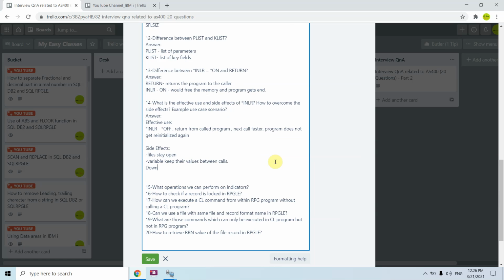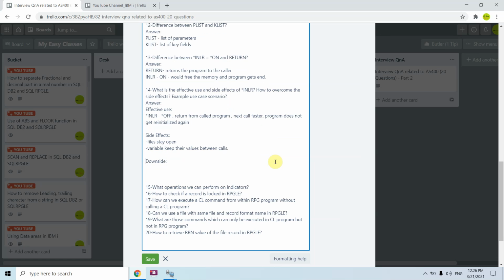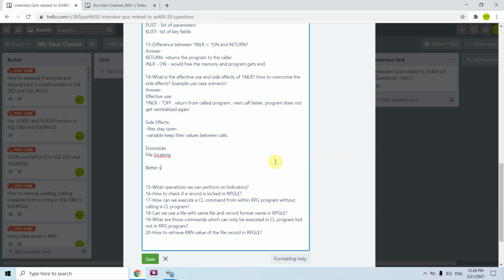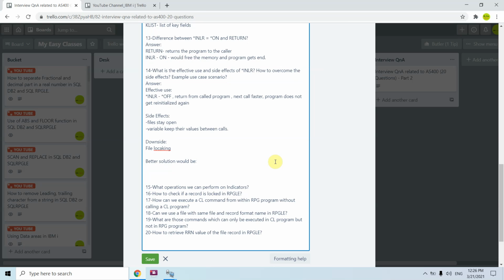Downside is file locking, as the files are opened. So the better solution would be activation group use in ILE.